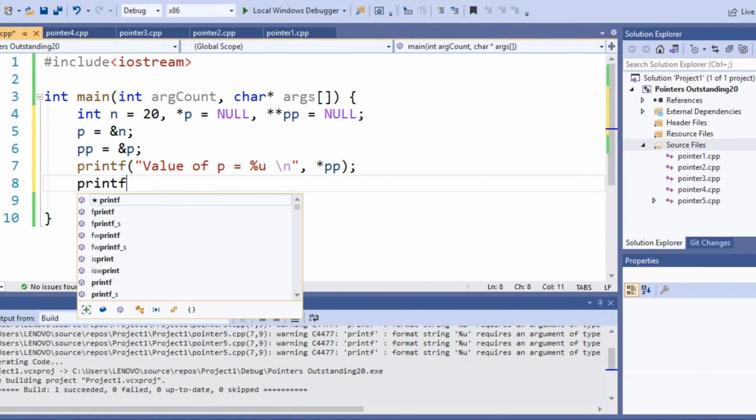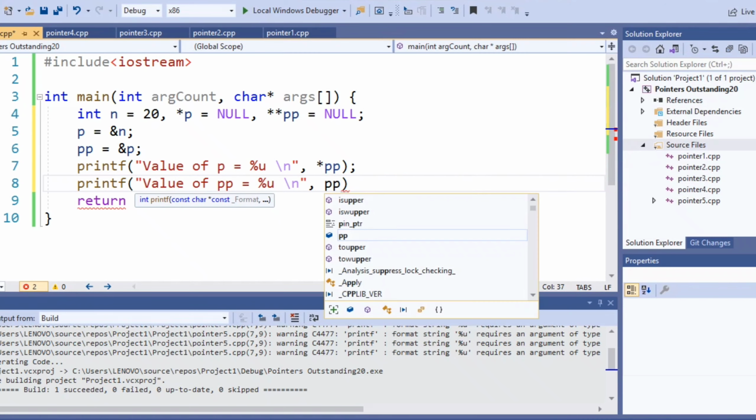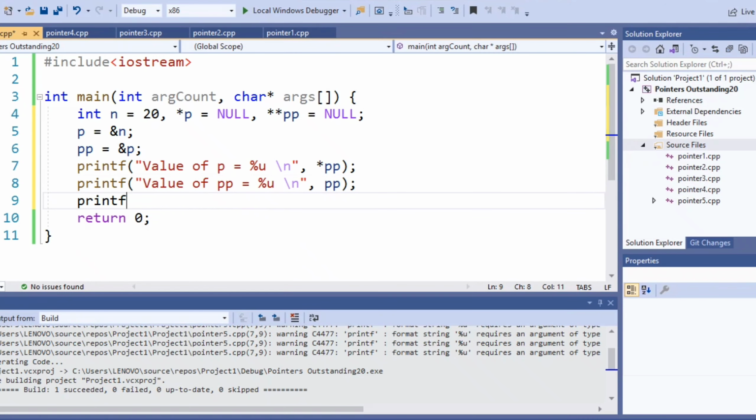So we'll get the value of p, which is nothing but the address of n. Now let us talk about the value of pp itself. As I told you, to get the value of a variable, simply you have to take the name of the variable. Then printf, now I'll take the address of p. The address of p is nothing but the value of pp.